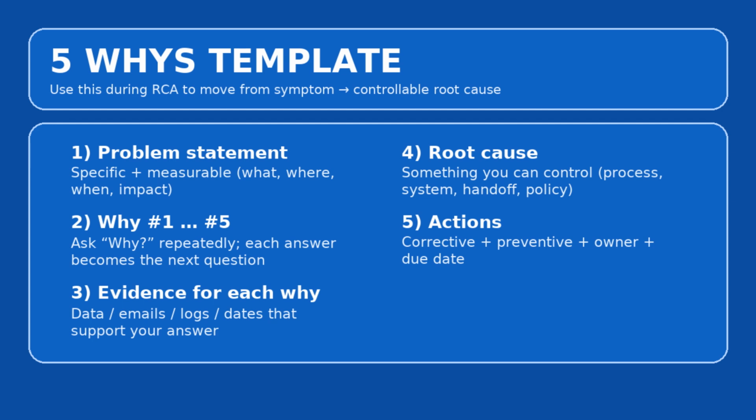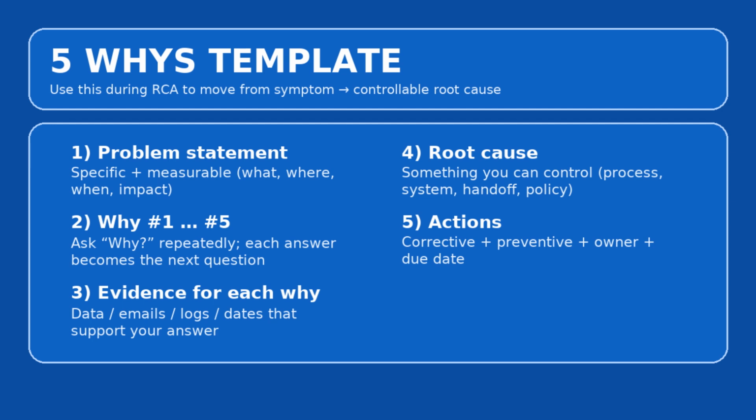The next step we are talking about is evidence for each why. Prevent opinions and "he said, she said" terms. This is what makes it professional. What counts as evidence? Baseline versus actual dates, MS Project or Jira timeline, change requests, approval timestamps, emails, meeting minutes confirming decisions, defect count, rework hours, blocked time, vendor lead times, PO dates, handoff logs. For why number 2, evidence: CR number 7, approved on August 16th, added scope. 18 user stories reopened, Jira links, plus 42 development hours lost. If you have no evidence, mark it as an assumption and validate.